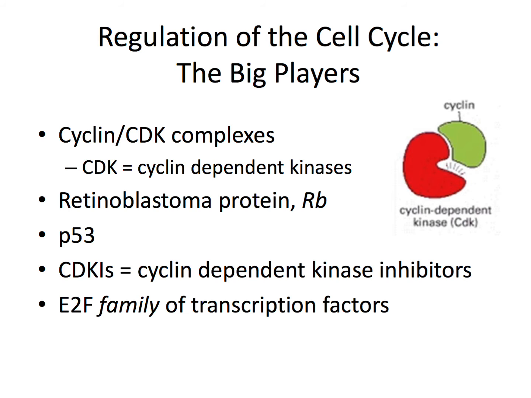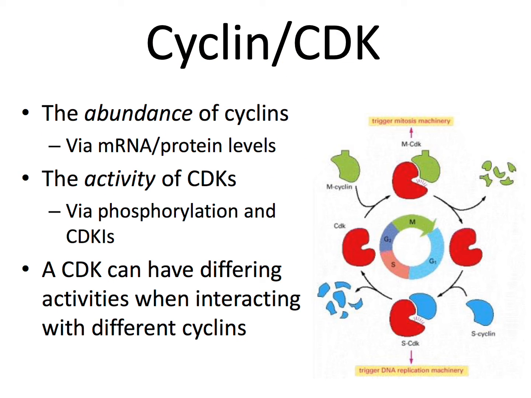Also, there's an inhibitor of the cyclin-dependent kinase and some family of transcription factors that are involved. So in the next figure, we see some of these coming into play here in the cell cycle. The cyclins shown in green or blue and the cyclin-dependent kinase in red. And so we see that these different cyclins come on at different times in the cell cycle. Again, they combine with the kinase